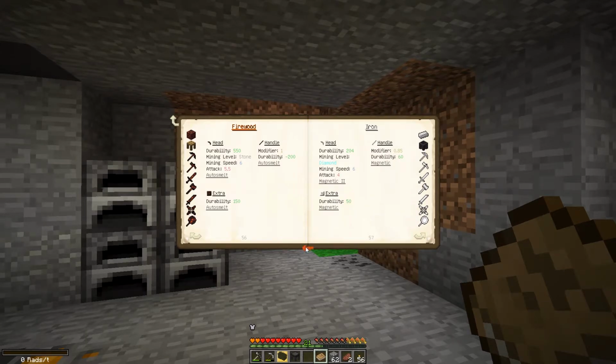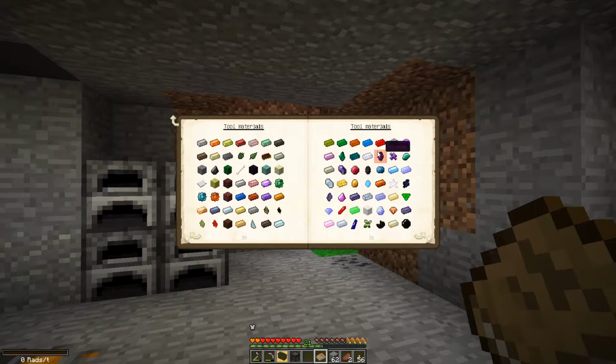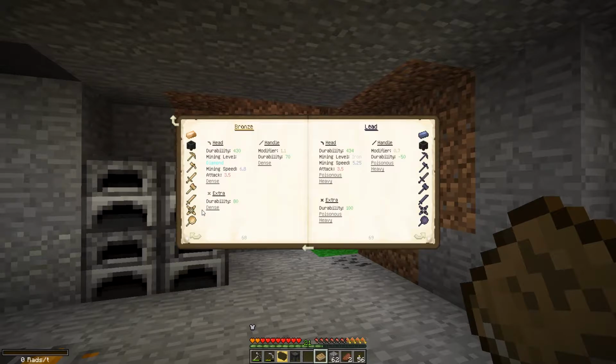And magnetic. So, if I go back, tool materials, and look for bronze, copper, bronze. Durability 430, mining speed 6.8. So the mining speed is a little bit better, and the tool lasts longer, so it will last a bit longer. Durability 430, which I think... Yeah, so 204 to 430. It'll last a lot longer. And it's slightly better mining speed. But the...